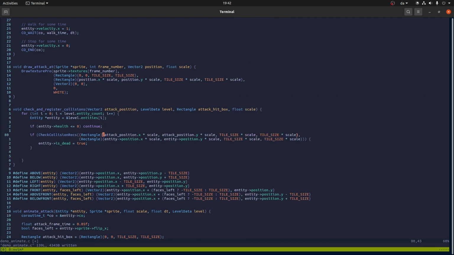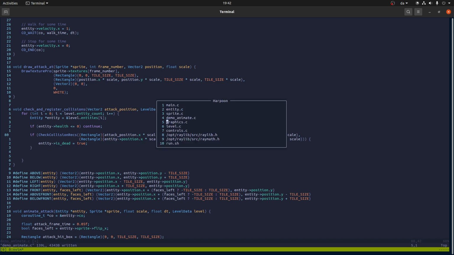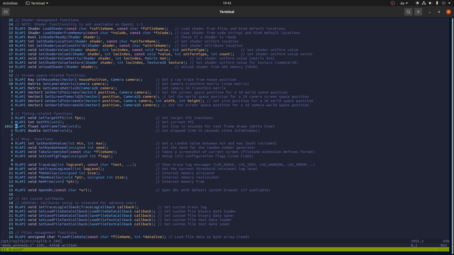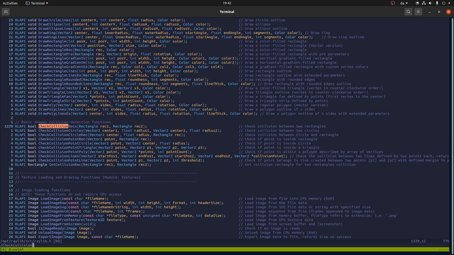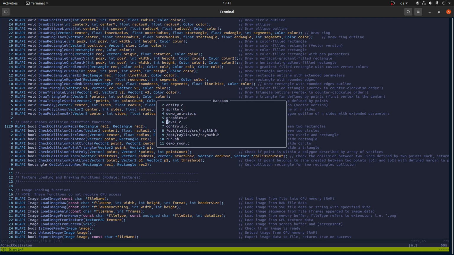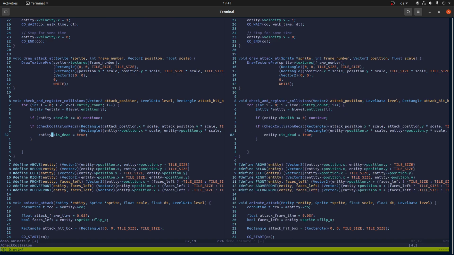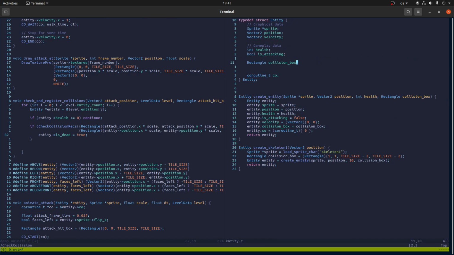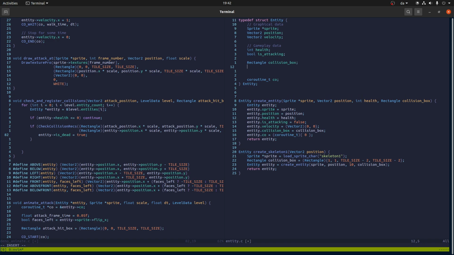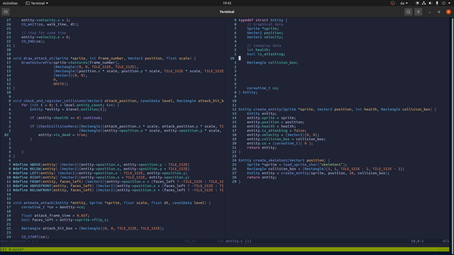Then there is this guy. Check the collisions. And it's using this check collision recs, which I bet is something in here. Check collision recs. Yeah, so we can use that. That's pretty nice from Raylib. And then we're not gonna do this. We are going to have something like